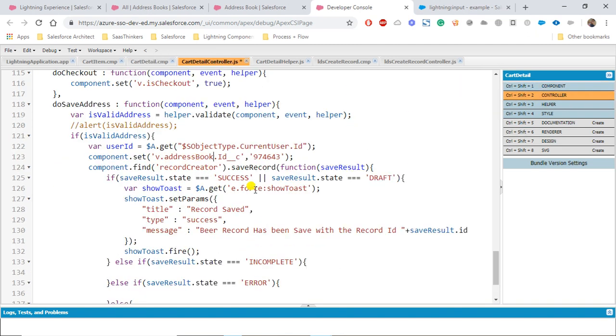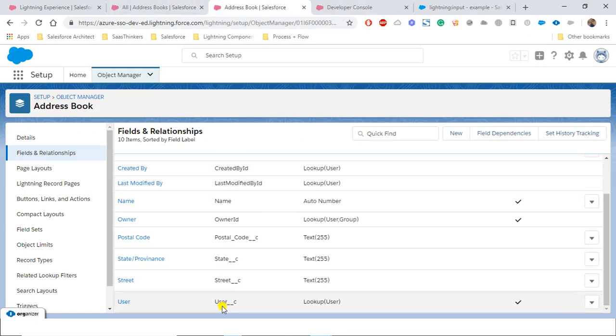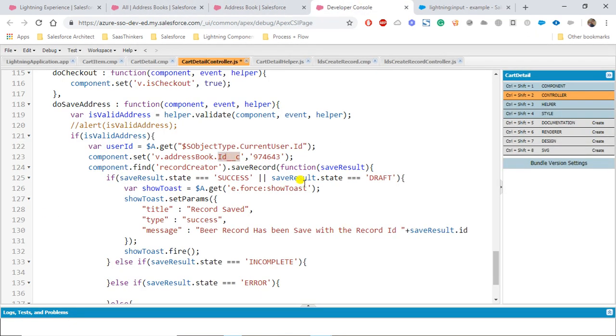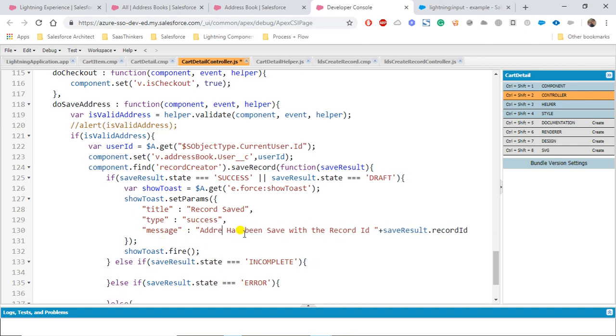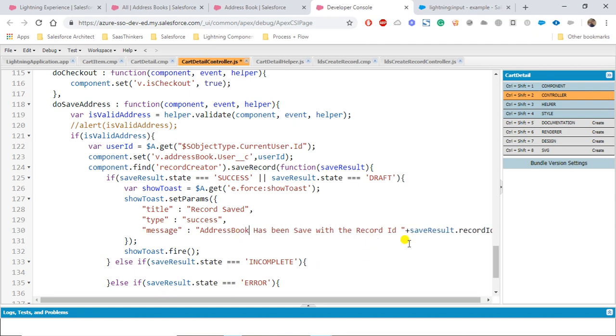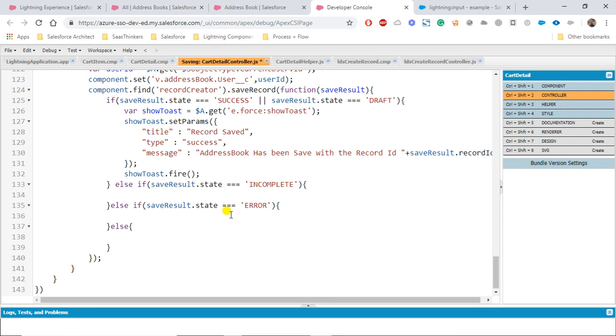We wanted to use address book, and then there is a field user that we wanted to put there, and user will be a user ID, so that we can set the value. What we are doing, component dot set, address book, the record, and then user value, whatever the user we have, and it will be record ID. Address book has been saved with the record ID this. Now if there is error or incomplete,